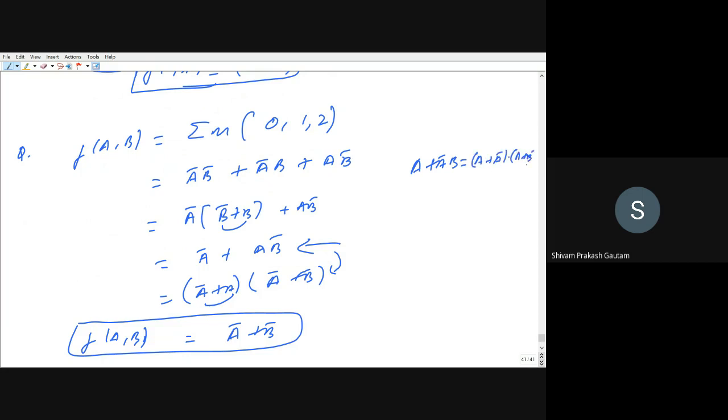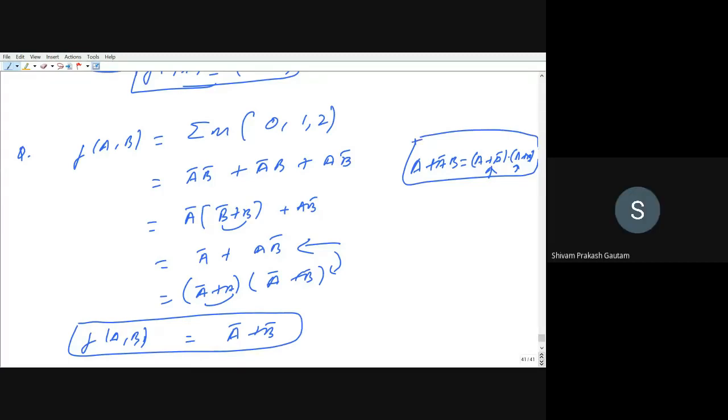Have you not seen this formula in our last class? Sir, actually I was not present, so I will review the video later. Okay, you can. Is anyone else having a problem with this? No, sir. We have seen this, right? We have seen it or not? You just tell me now. Yes, sir. We have seen this in Boolean algebra.